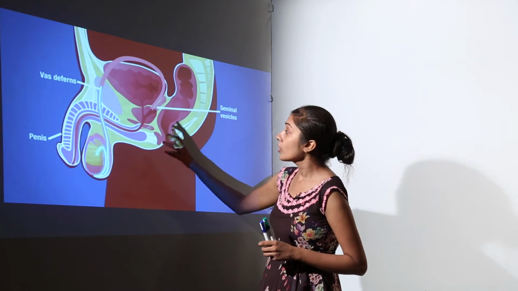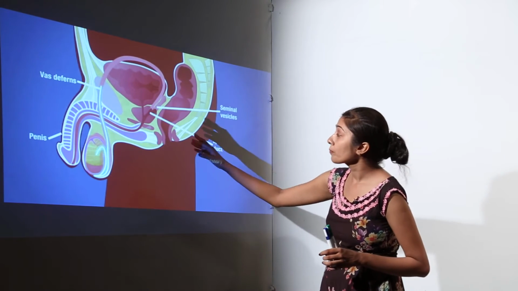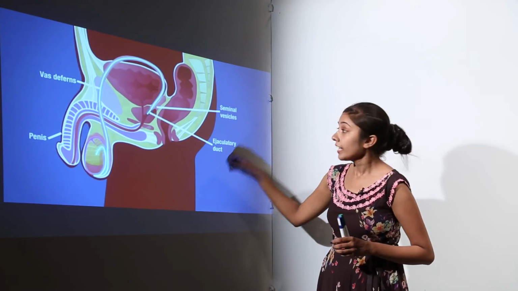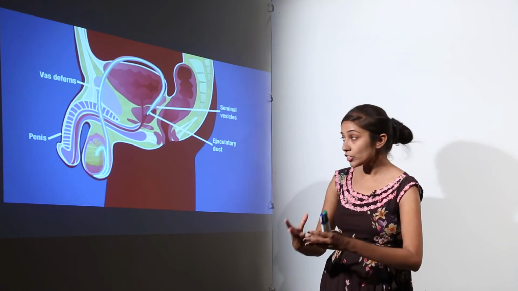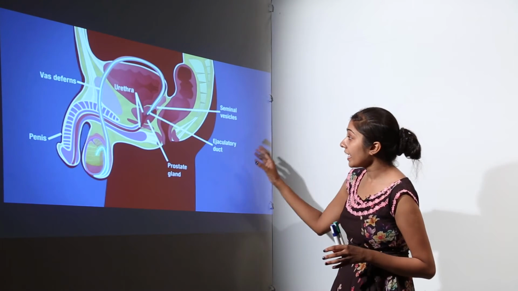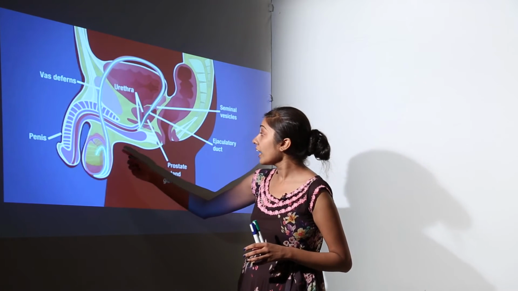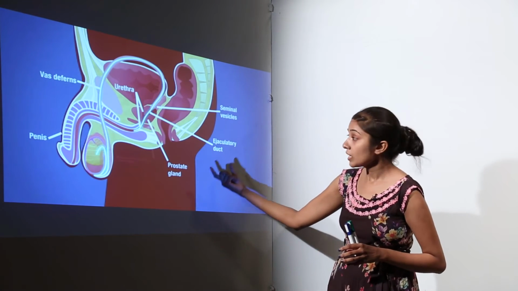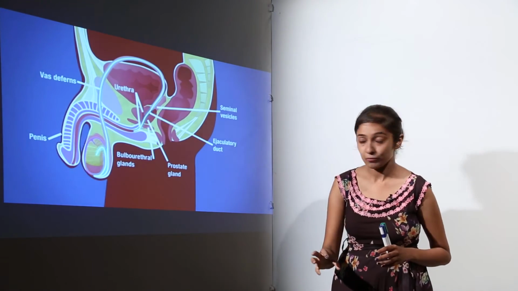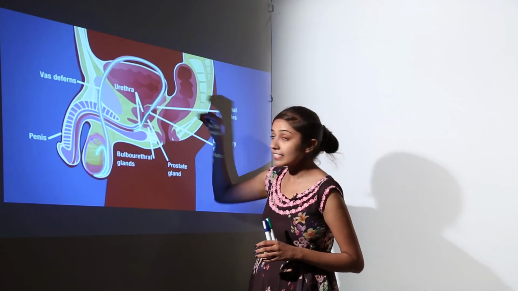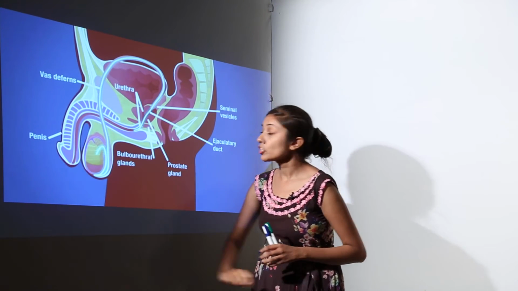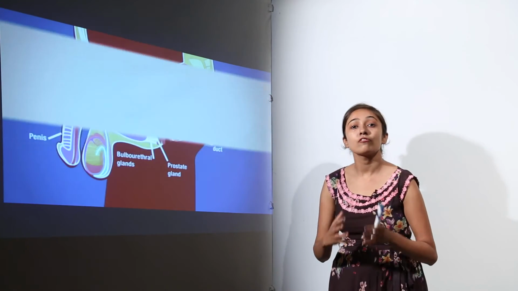So once they are in vas deferens, they are going to combine here with the seminal vesicle to form the ejaculatory duct. Here seminal vesicle are going to secrete their secretion, by which the sperms are going to get something, which we will discuss later, you will see. So again then it joins the urethra, and there is secretion from the prostate gland also, which enters here, and secretion from the bulbourethral gland, which we also call the Cowper's gland. Okay. So the secretions are mixed in the semen, which is going to contain sperms, and the urethra is going to be a common passage for urine as well as for the semen or for the sperms.